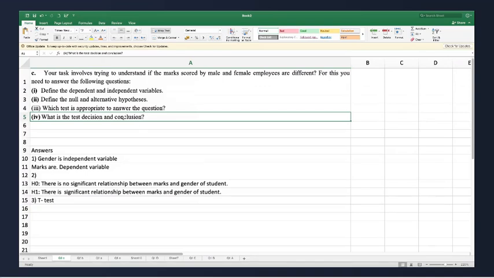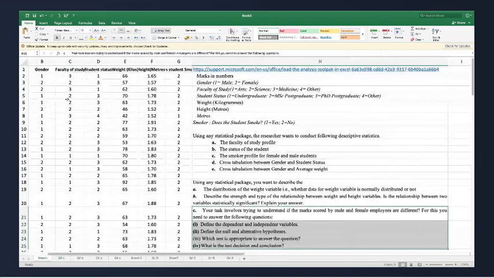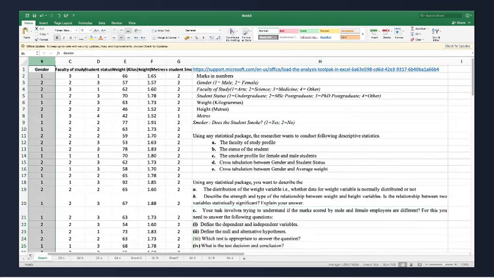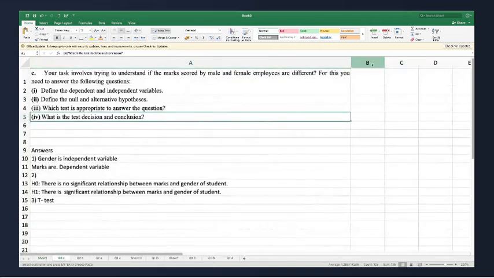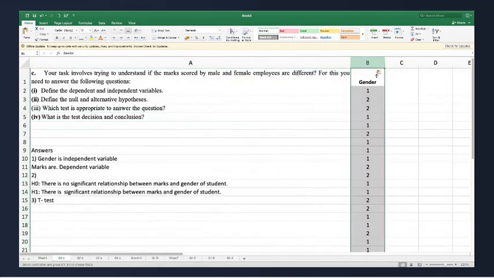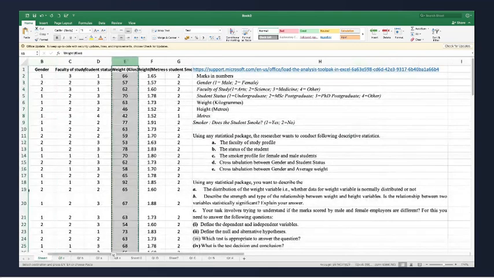So let's bring the data in now. So let's say gender and marks. I'll take weight as marks because I don't have a variable here in this sheet. This is gender and marks.